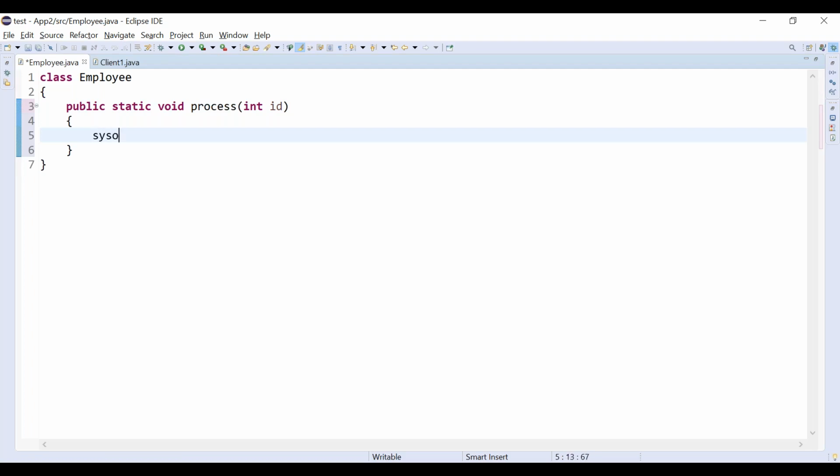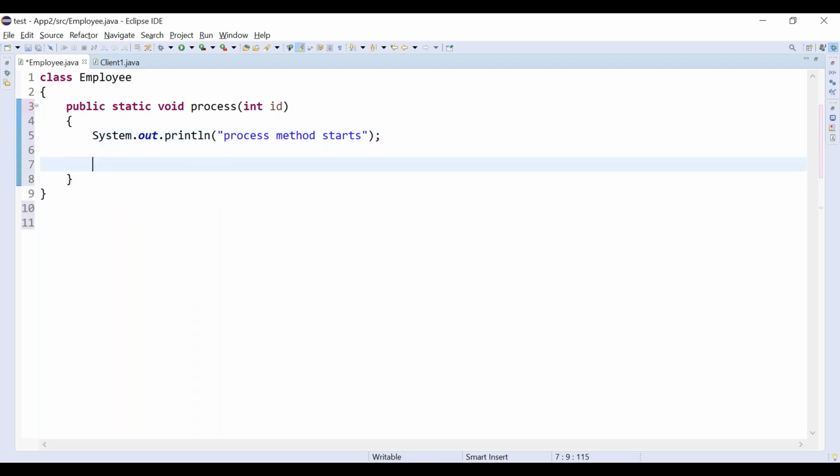Here I am just printing the id, which is inside the process method.